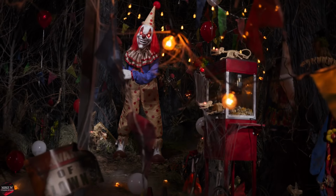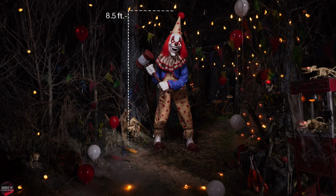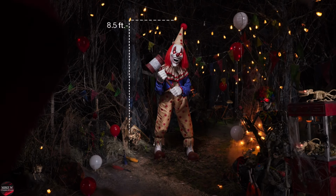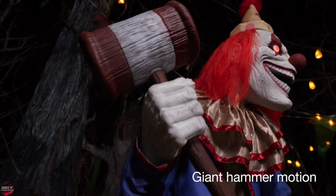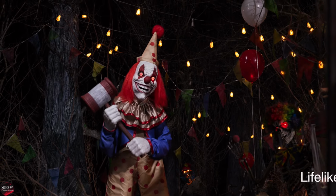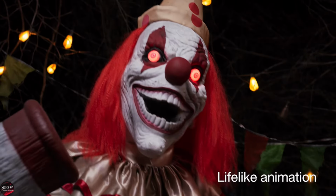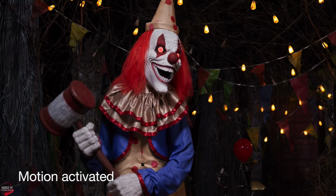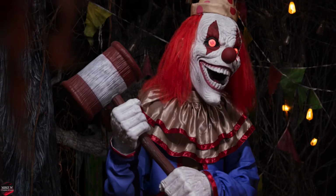The circus is in town, and the enormous 8.5-foot animated Carnival Carl invites you to try your luck. With his huge hammer in hand, this startling sideshow appears more trick than treat. But he's just clowning around. Or is he? Trigger his motion sensor, and you'll find out as he swings his hammer up and down, his painted jaw opening